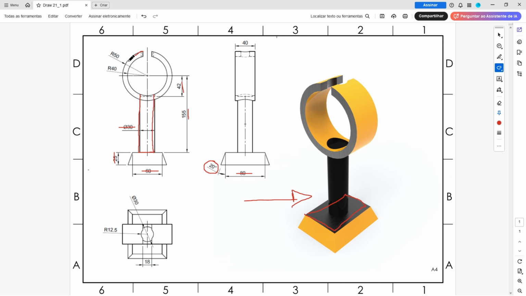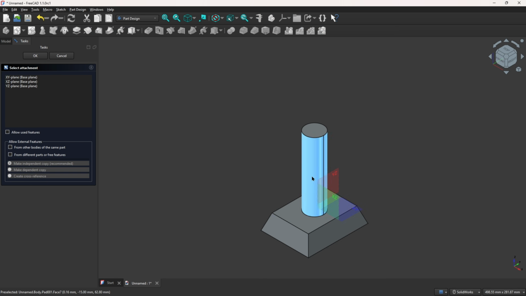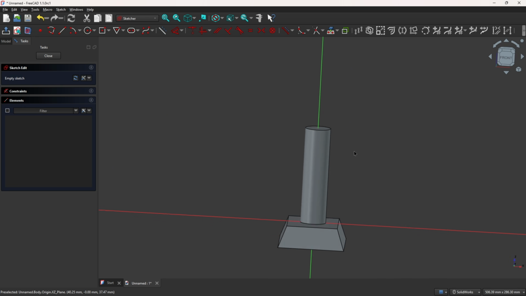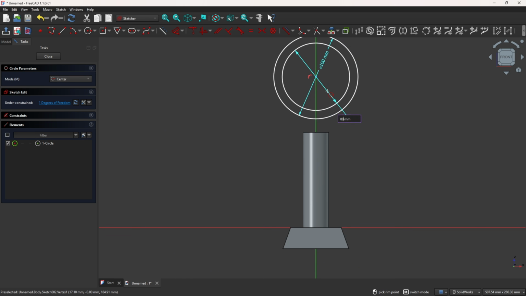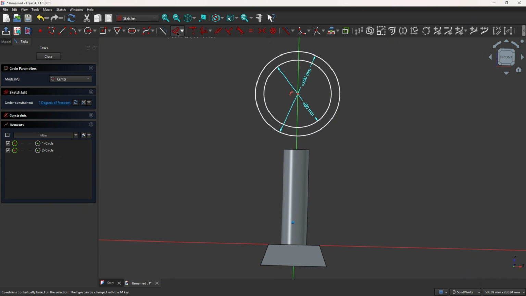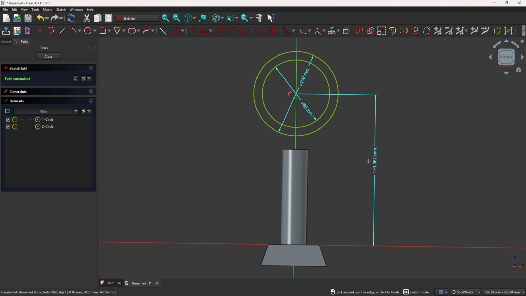Now we will create this circle here with 100 millimeters and this one with 8 millimeters of diameter, and the distance between the center of the circle and this face here is 155. So go to create a sketch and select the front plane, select this circle, make a circle here with 100 millimeters of diameter and another circle with 8 millimeters of diameter, and go to dimension, select here the center of the circle. The distance here is 155,